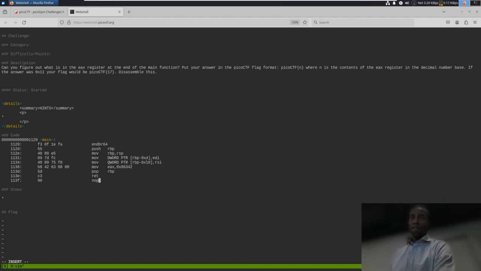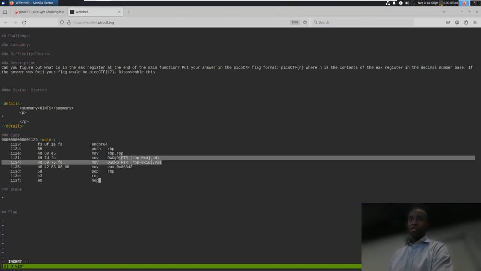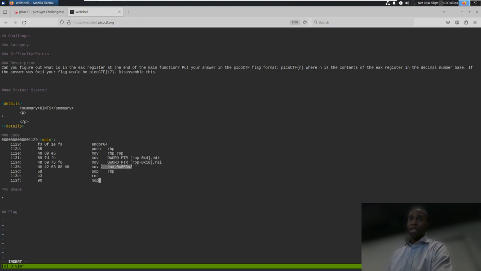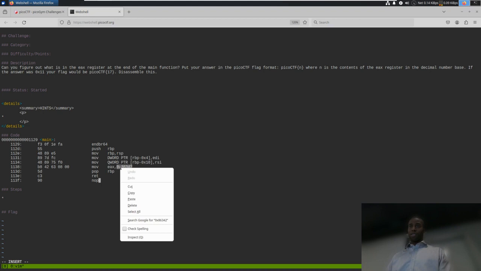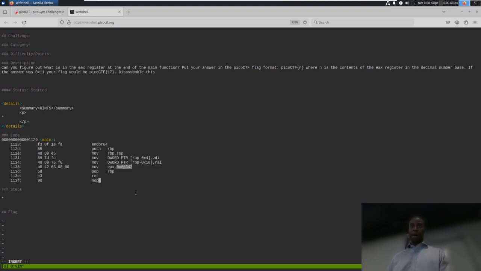And we want to know what EAX is at the end of it. And it looks very similar to what we had before, by the way, right? So, these couple lines are just our other registers that are just being read. And then we end up just getting this value into EAX. All right, so this looks exactly like what we did before. So I'm just going to go ahead and copy that